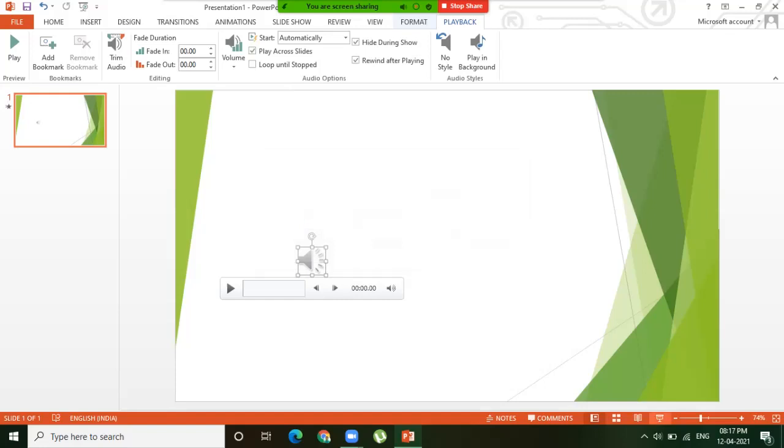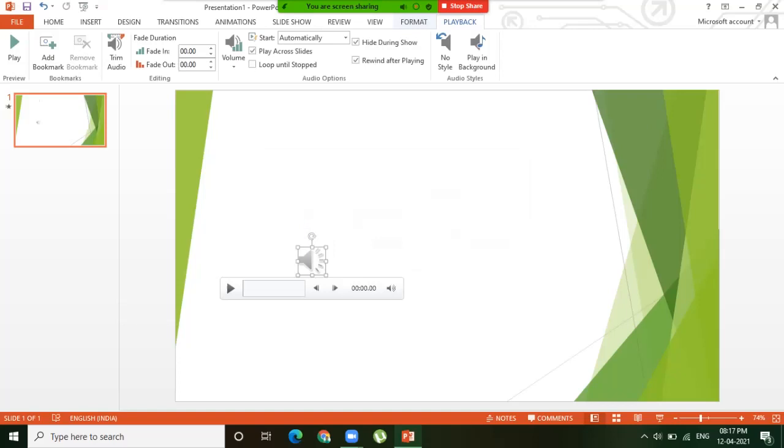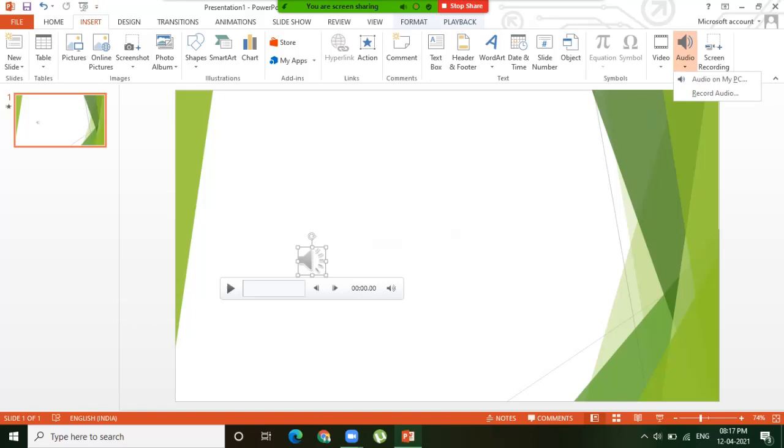If you see the slideshow, it starts directly from where you have mentioned the starting point. Right. So this is about inserting an audio clip using the option Audio on My PC.